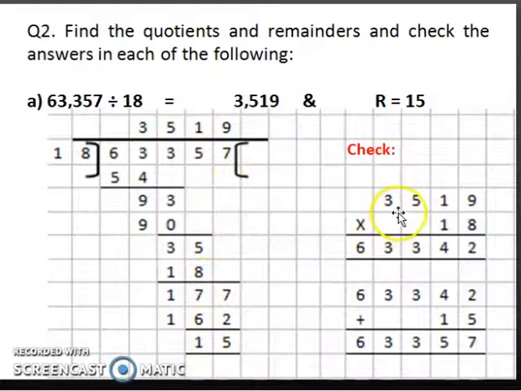Now this is my quotient, this is my divisor. You can do a 2-step multiplication, or if you are comfortable with the table of 18, you can do the direct multiplication with the table of 18. You get this answer, add the remainder to it, you receive the answer which is equal to your dividend, and in the end, do not forget to write the quotient and the remainder. Right?